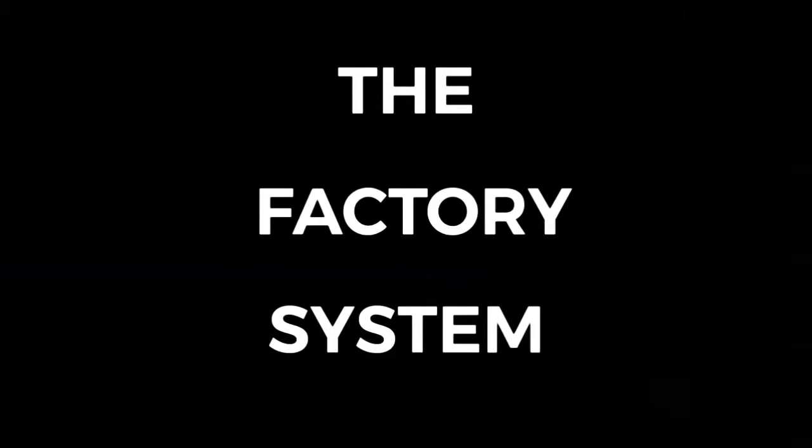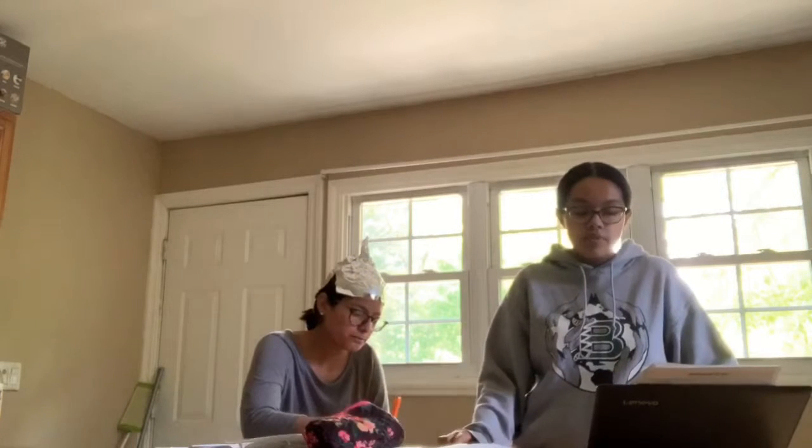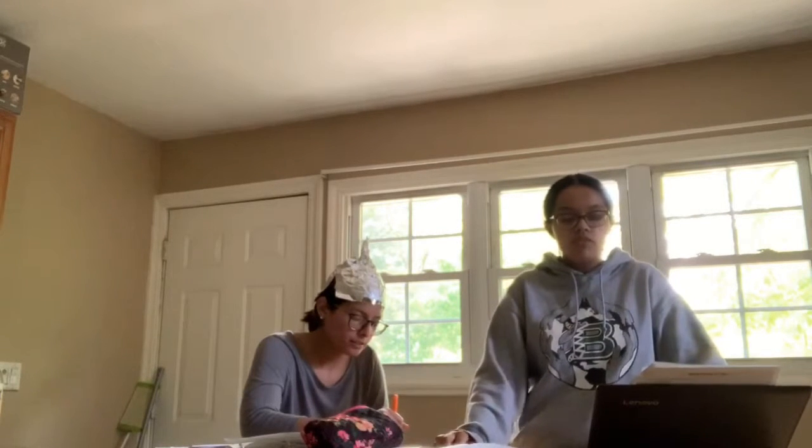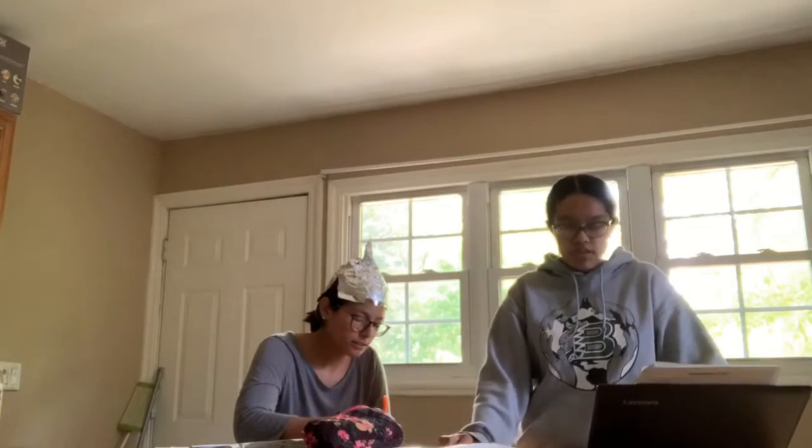The factory system. The working conditions in the factory system were considered to be poor and substandard. Contrary to the belief that women do not work and often stay at home doing typical chores, they also worked with men in the factories working 12 to 16 hours a day. The conditions in the workplace were not often clean or properly ventilated. Since the machines in the factories were recently produced, safety precautions regarding human use of the machines were not taken into consideration, so the work was dangerous.